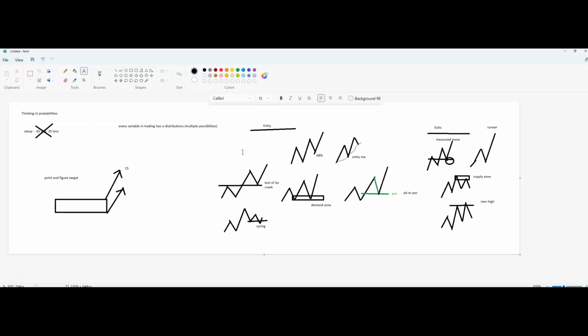How is it the foundation of your execution? This is the next part. So how is thinking in probabilities foundational to execution? Meaning, how do you practically use it? First, let me say, how do you not use it? How traders will shoot themselves in the foot. Traders shoot themselves in the foot when